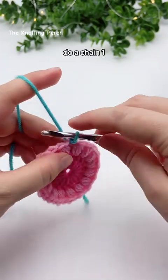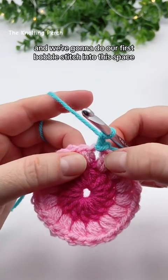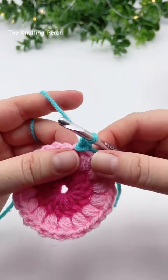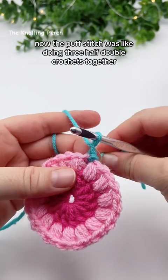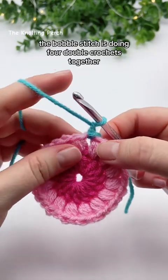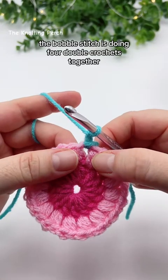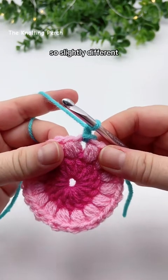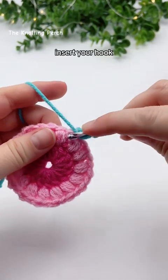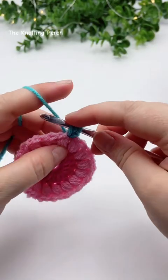Do a chain 1, and we're going to do our first bobble stitch into this space, the same space as your slip stitch and chain 1. Now, the puff stitch was like doing 3 half double crochets together. The bobble stitch is doing 4 double crochets together. So slightly different. So we're going to yarn over, insert your hook, yarn over and pull through, yarn over and